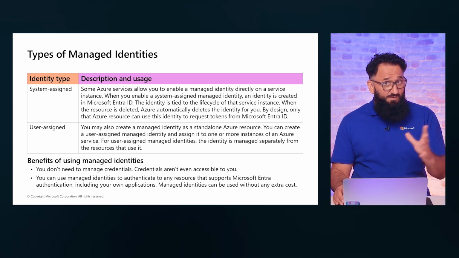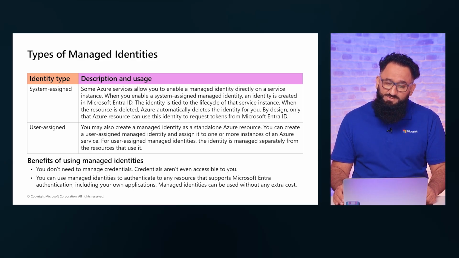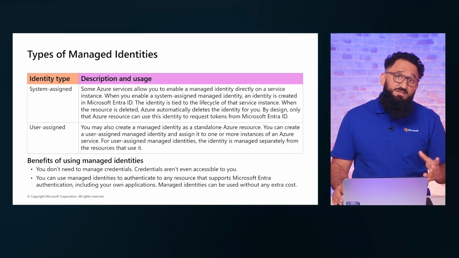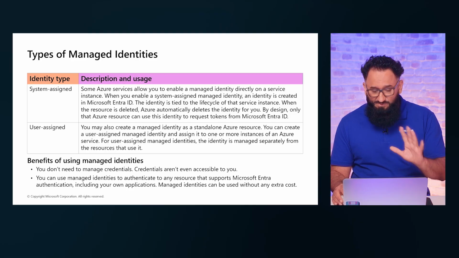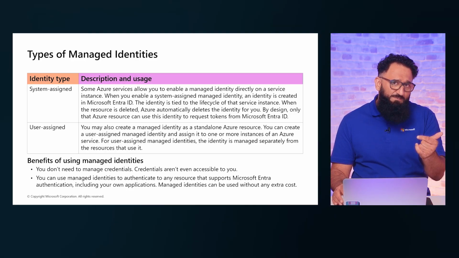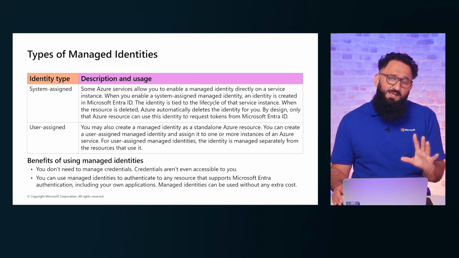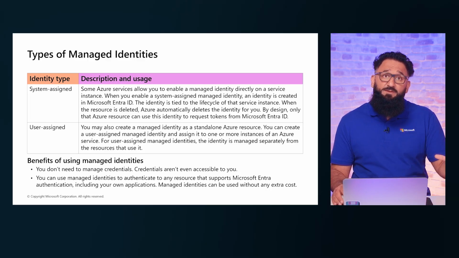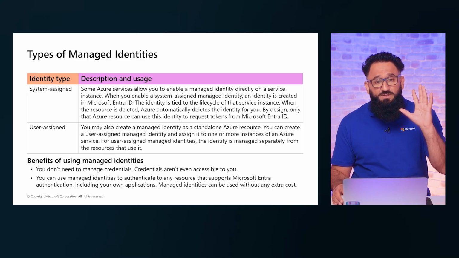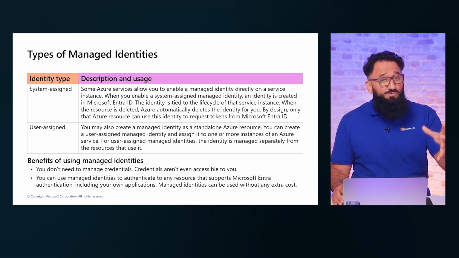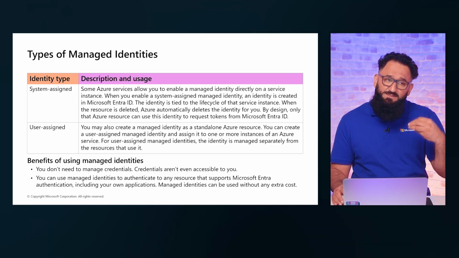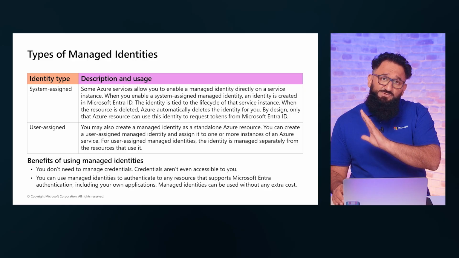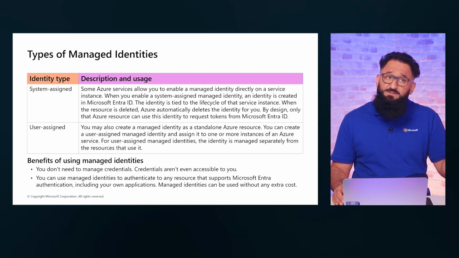Now, in that case, if I wanted to do this, I would need to use something we refer to as managed identities. Now, we can assign managed identities in your environment to a resource. Before I go into talking about how we manage them or how we assign them, there are two different types that we will discuss later on. One is called system assigned managed identity, which Entra or Microsoft Azure can handle for me. It creates it automatically for me and assigns it for me automatically, maintains the life cycle of that identity by itself. And as and when the resource that I assign this to dies, it goes away with it.